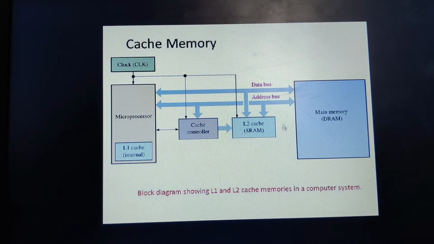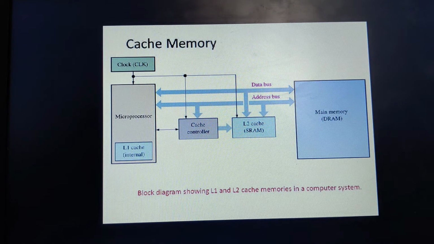L2 cache memory is located outside the CPU as a separate chip, okay, with a high speed system bus interconnecting the cache and the CPU. So this cache memory makes use of the high speed system bus in order to transfer the data between the cache memory and the CPU, and usually the size of this cache memory will be 6 MB, isn't it? Then we come to the L3 cache memory.